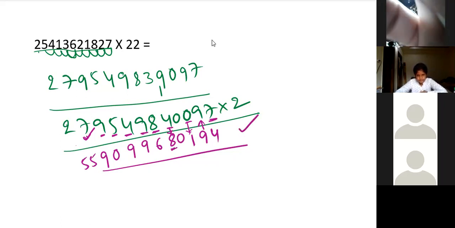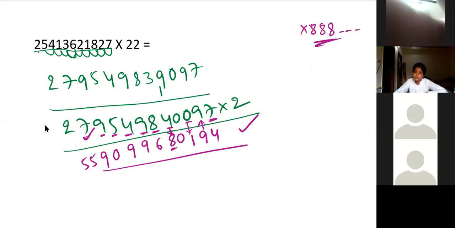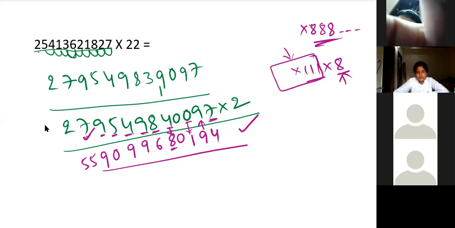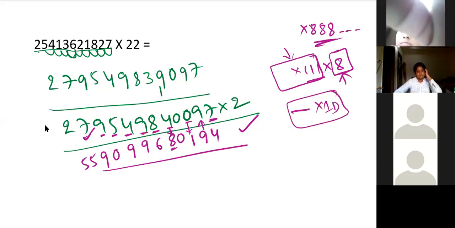Sir, when will sums come? Sir, should I check my answer again? Yes, you can check. Till the series is up to 8, the process is same. Keep the ones separate, then separate the number, and use the shortcut for this series of ones multiplication. Later multiply with that number. But as of now, we have not covered this type of questions: any number into a single digit. This one we'll see next week.